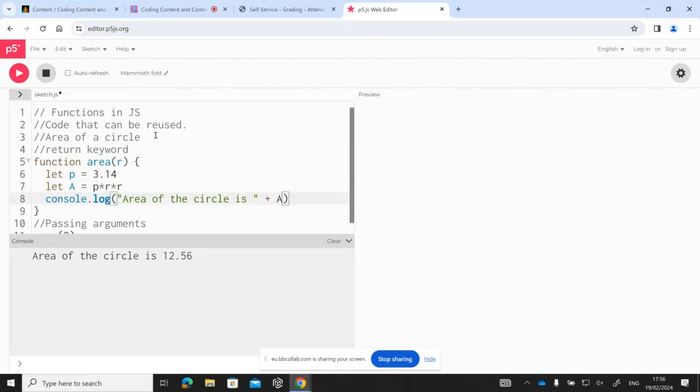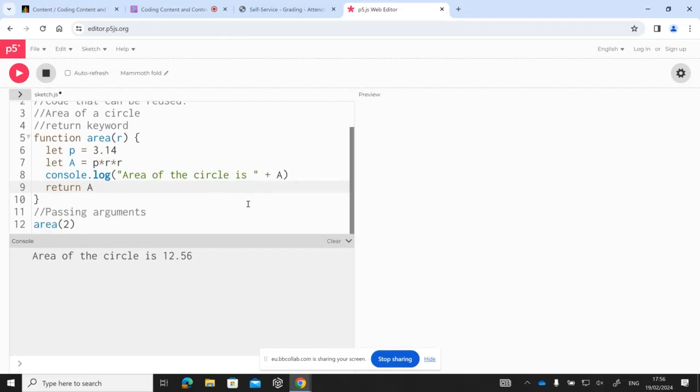Now, before you close the function, if you put, say, return A, what do you think will happen if you do this? Any guesses? Anybody knows from computer, other classes? If I put return A here,